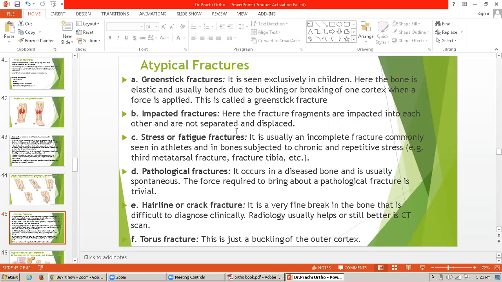Then the impacted fracture. Here the fracture segments are impacted into each other and are not separated or displaced. C, that is the stress or fatigue fracture. It is usually